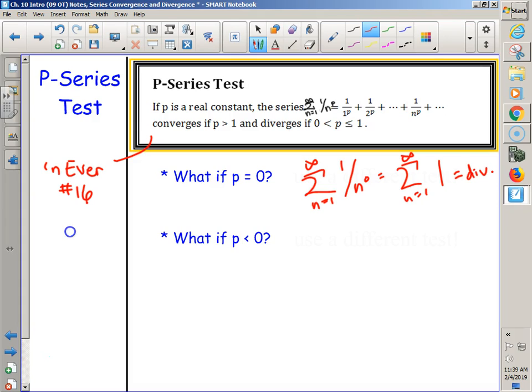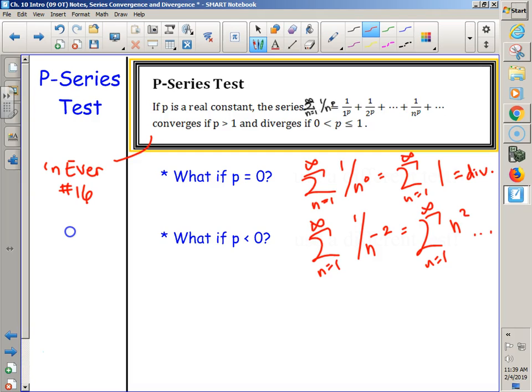If it still diverges, why not just make it greater than or equal to 0? Well, the idea is if p is equal to 0, it's not truly a p-series. Does that make sense? So I would say a different test should have been used, not the p-series test. And then what if p is less than 0? Why is this also not a p-series technically? Yeah, because if you had n to any sort of negative 2, for instance, isn't that really just